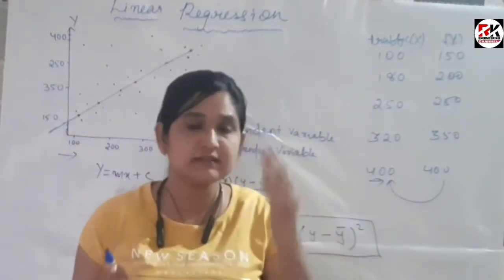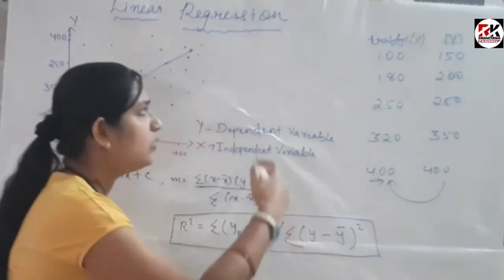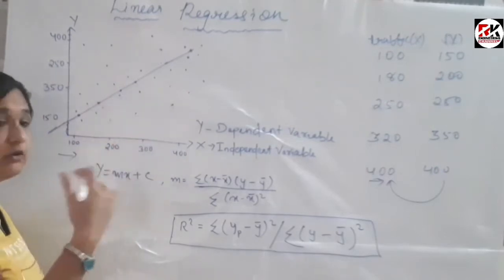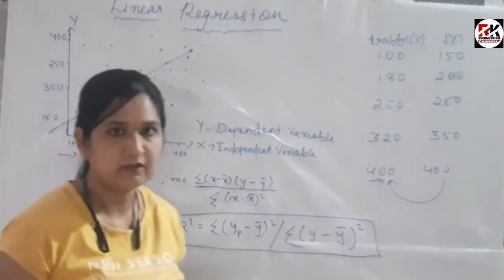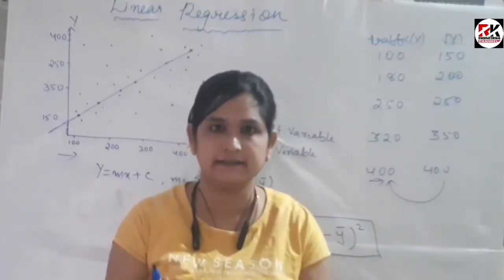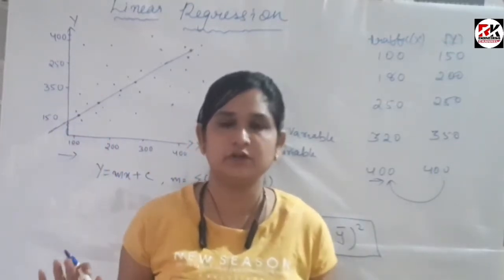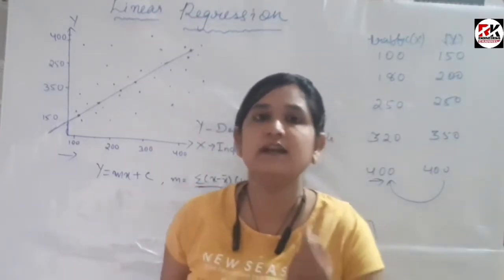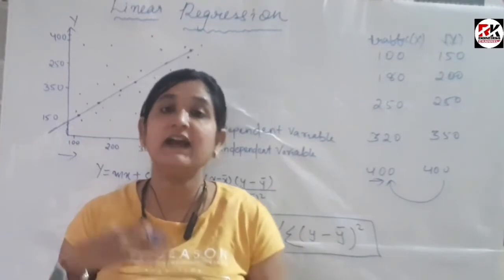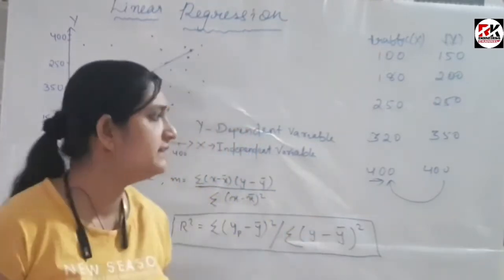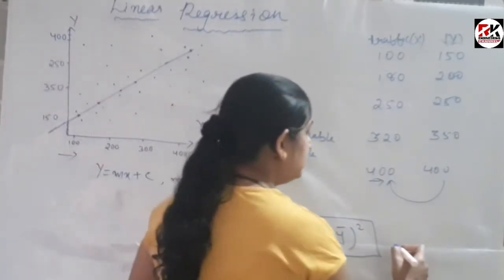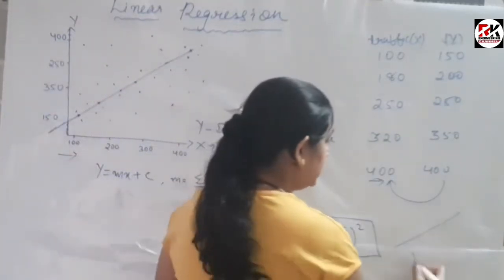And the most important thing is that all the values of the x and y axes are plotted exactly on the straight line. It is passing through all the data points. So this line is called my line of regression, or you can say linear regression. Why linear? In the case of linear regression, your line will always be linear in nature. It will not be like this.